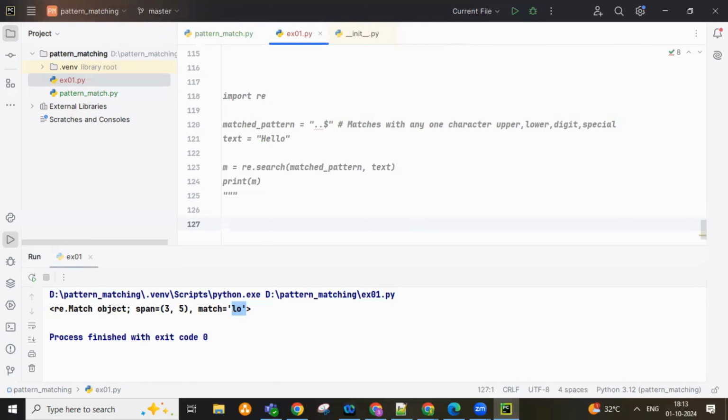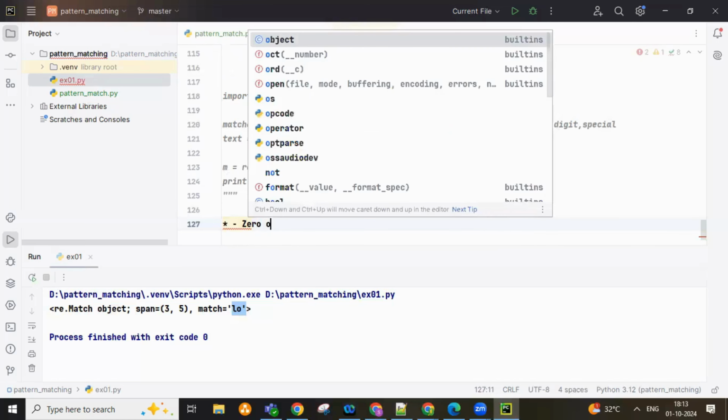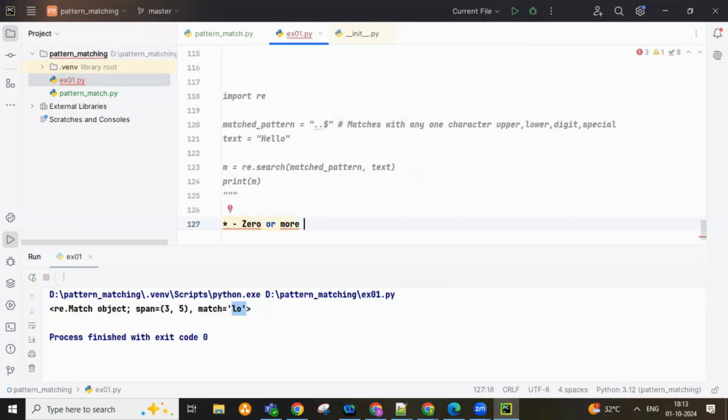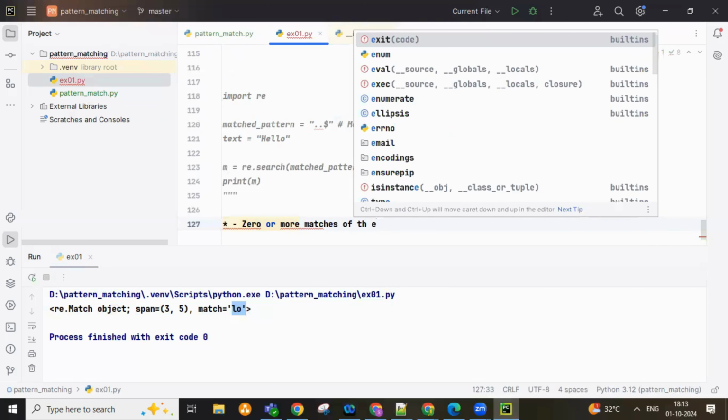So next one, we have already seen star. Cap we have seen already, and dollar we have seen already. Okay, so let's check one more thing. Basically we use star. Star means zero or more matches of the occurrence. For example,